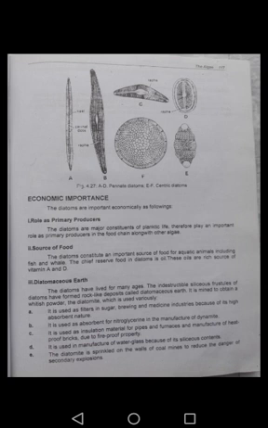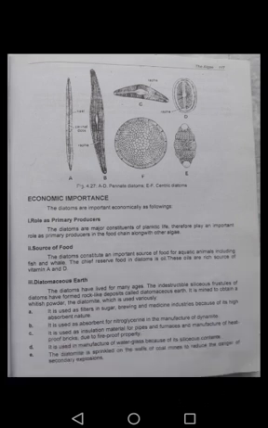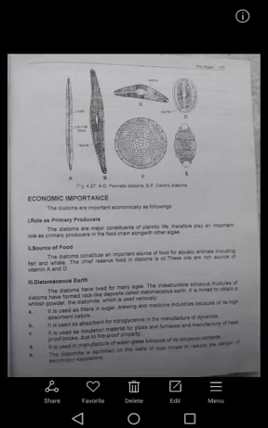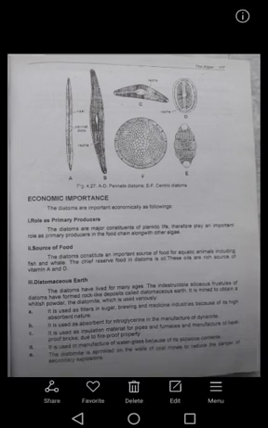Diatomaceous earth: अगर हम देखें तो the diatoms have lived for many ages. The indestructible siliceous frustules of the diatoms have formed rock-like deposits called diatomaceous earth, and it is mined to obtain a whitish powder, the diatomite, which is used variously. अब उसका यूज कहाँ पर? It is used as a filter in the sugar, brewing and medicinal industries because of its high absorbent nature.